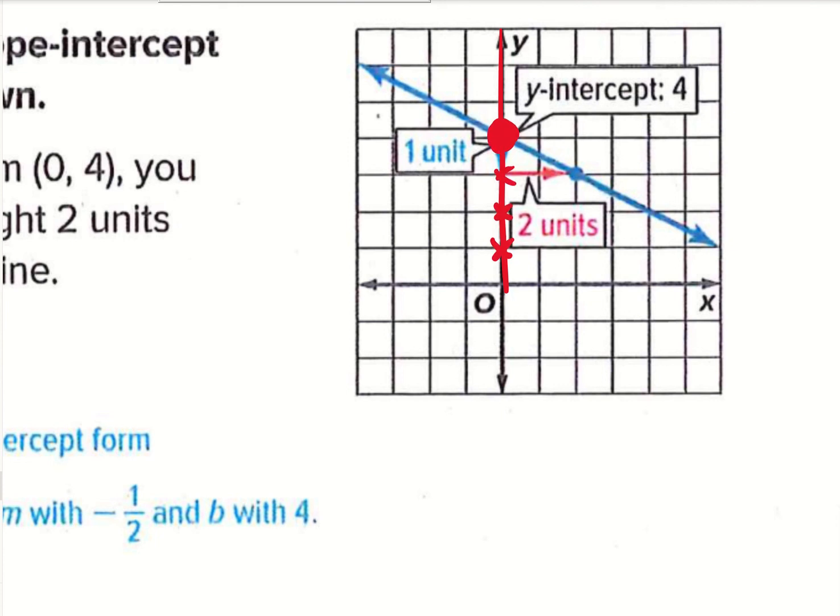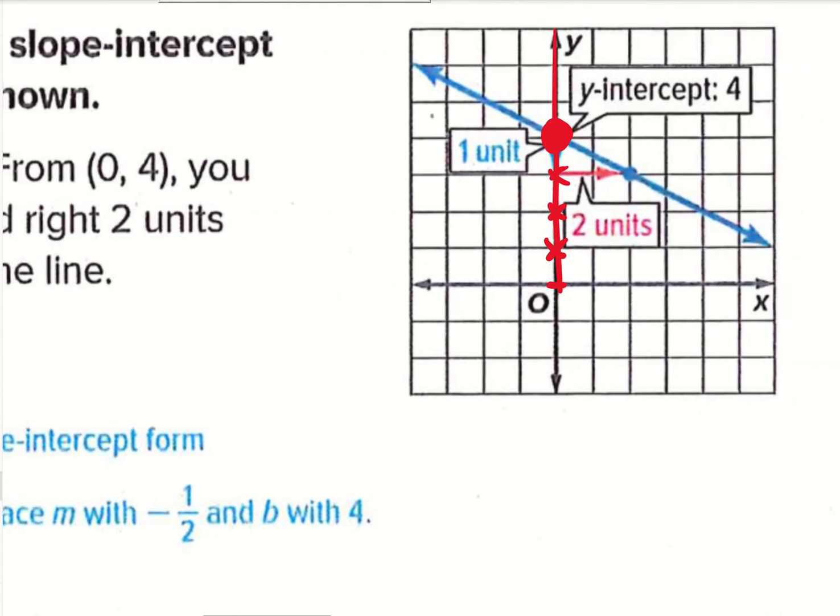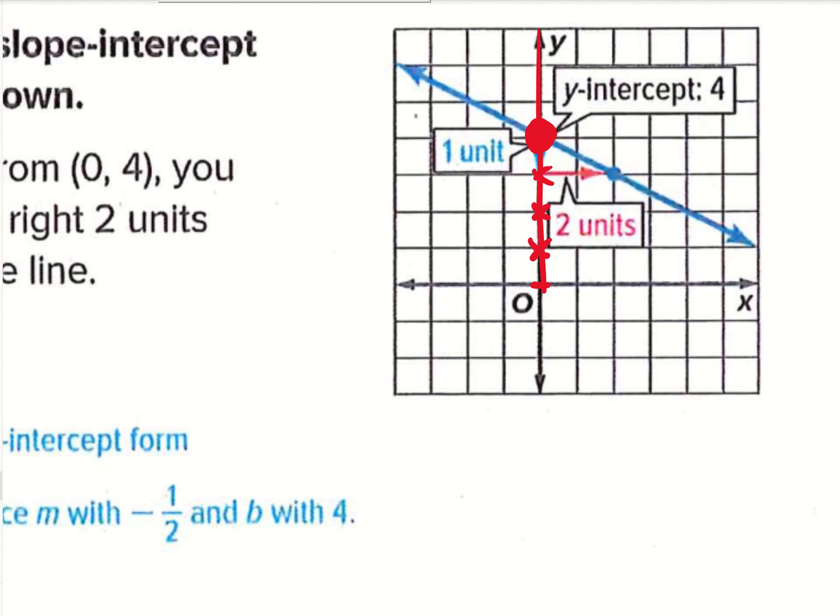And you can see that because you start at 0 for your x value. And that's how that one works. So we have 0, 4. 4 is our y-intercept. And then from here to get to our other point, if we use this as our other point,